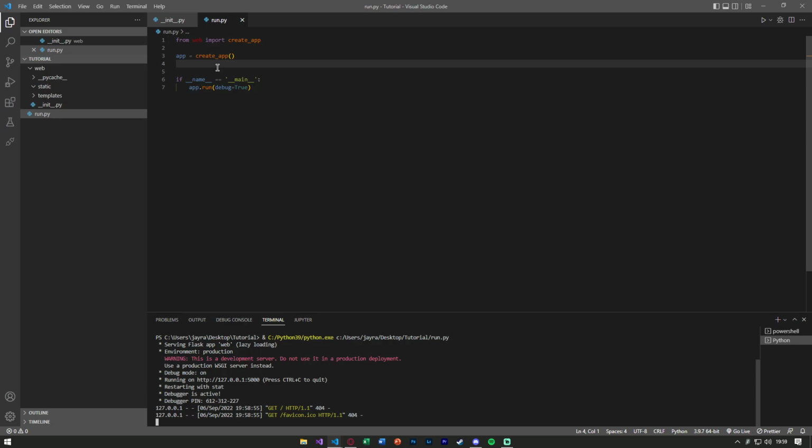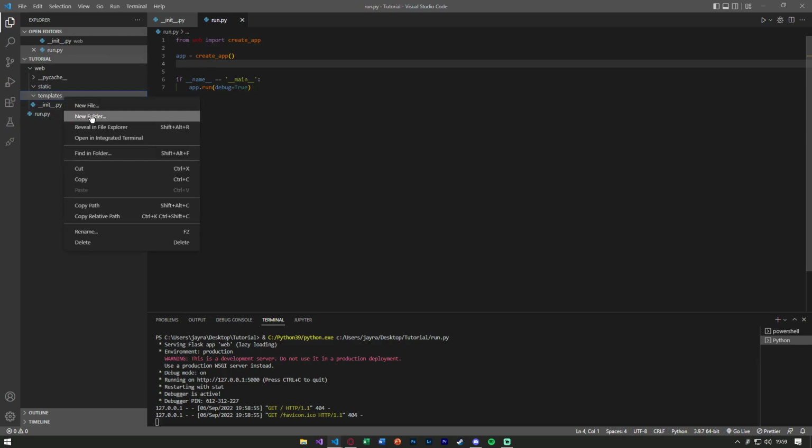Now, in order to get started with templates, let's first understand what it means. We're going to essentially create one HTML file, our base HTML file, that is going to dictate what all our other tabs will look like. So what goes in our foundation base HTML? Well, in our base HTML, we'll have our nav bar, maybe your logo, maybe your footer, anything else that's going to stay consistent. So let's go ahead and start off by saying new file